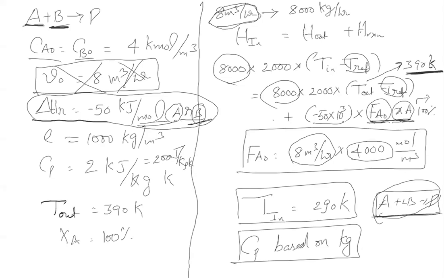Yes. If A plus 2B gives P, we are dealing with the concept of FA naught into X by 2, or FP naught. If dP decreases, then Thiele modulus increases. So the rate decreases, hence conversion decreases, correct. Provided you are in the strong pore diffusion resistance region. If you are in the weak pore diffusion region, then whether you increase dP also doesn't have any effect until you reach the 0.4.